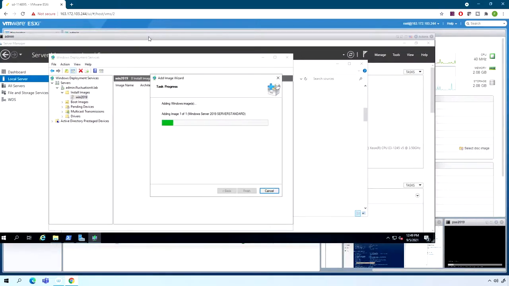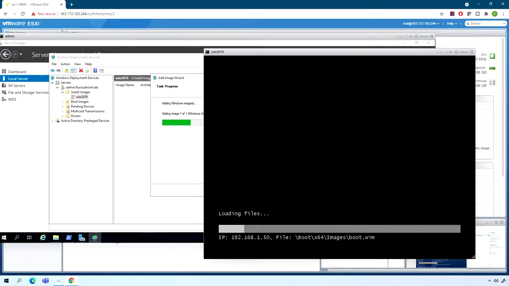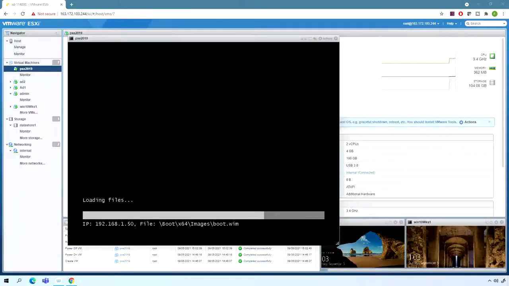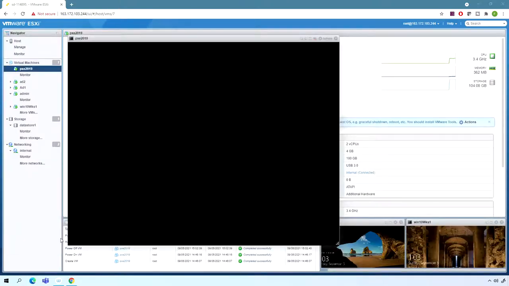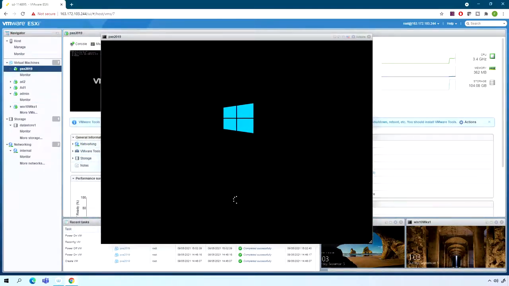So this is something that you must do. Oh, it's still loading my boot image. So I'm going to wait, and after we're going to continue how to use WDS correctly. I'm seeing that it's loading. Remember that I have installed my install.wim. So now it's going to boot,